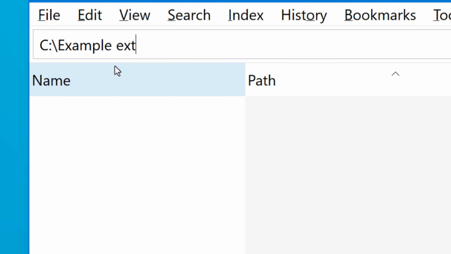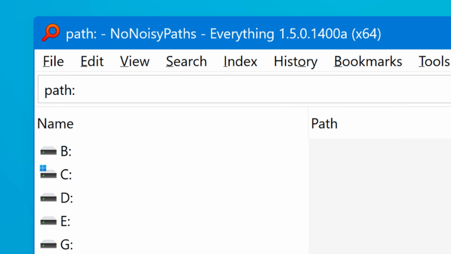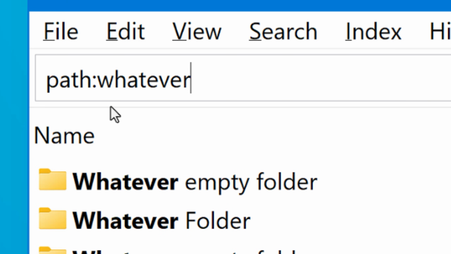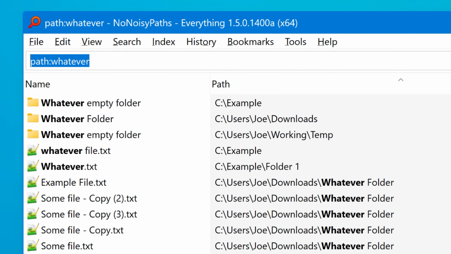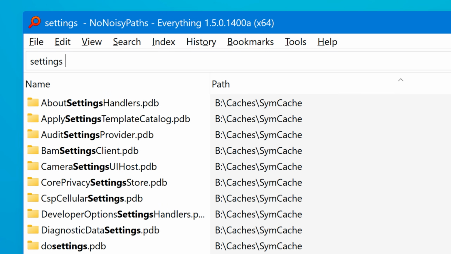Again, there's the ext extension function. I showed you that one before for finding files with a certain extension. Another really useful one is the path function. This is only going to return files and folders that have whatever string in its path, not as the final folder or file name. For example, if I'm searching for a certain file that I know has the word settings